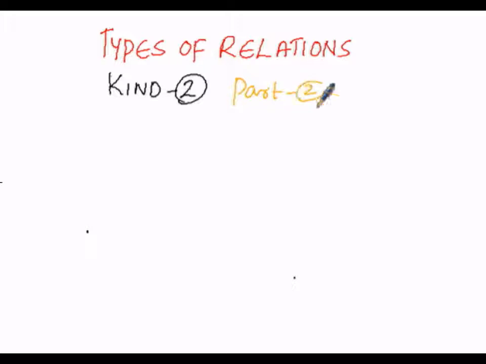In the second part, there are actually 5 types of relations. The first is reflexive, the second is symmetric, and the third is antisymmetric. But here in our part 2, under kind 2, the types of relations are